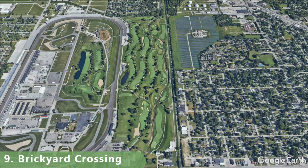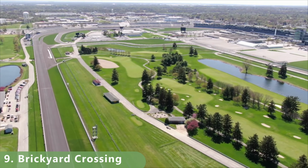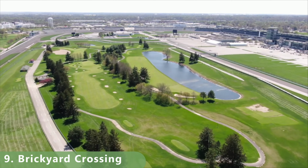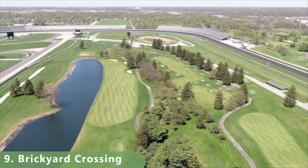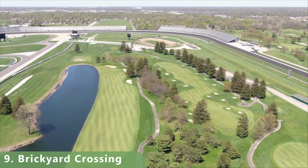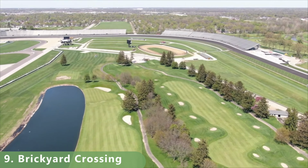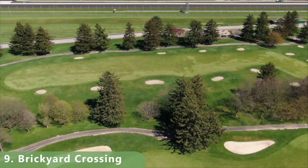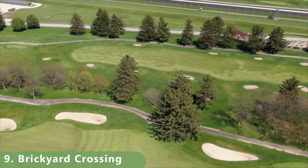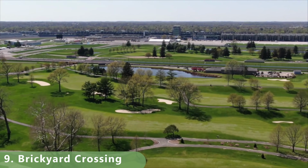This is a fun one here, Brickyard Crossing. It's a par 72 that stretches 7,180 yards. It's located right next to the Motor Speedway, known for the Indiana 500. And you don't really notice there's a course there. It's a rating of 75.1 and also has a slope of 149. It was built in 1993 by Pete Dye and is open from the beginning of April to the end of